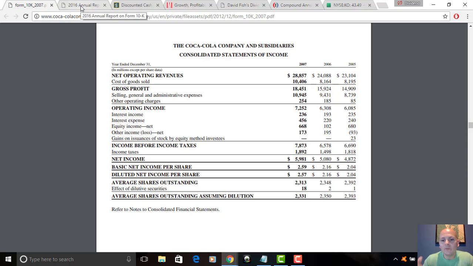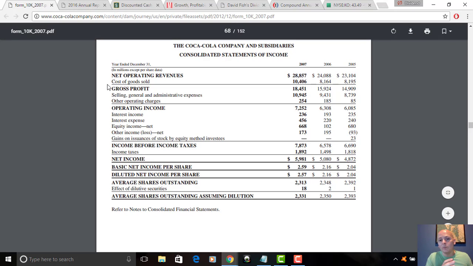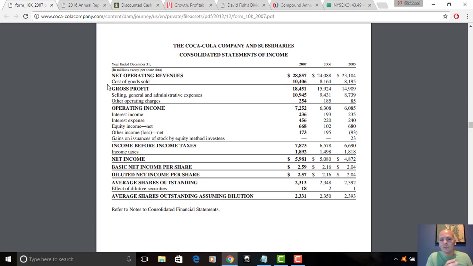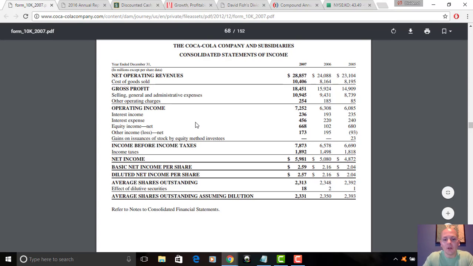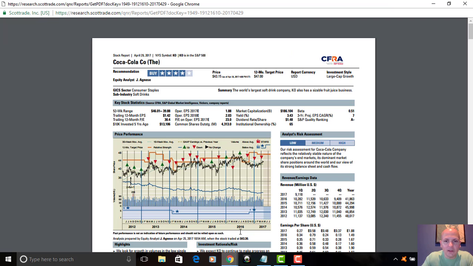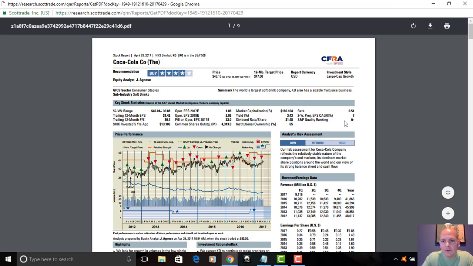So anyways, we've got revenue, we've got earnings per share growth. The next thing I look at, again, so we pulled up the last 10 years of revenue and earnings per share growth. I then compare that to a go-forward number, if you will. And I use S&P Capital IQ for that. And you can see Coca-Cola here, S&P Capital IQ, they're putting their 3-year projected earnings per share compound annual growth rate at 7%. So S&P Capital IQ obviously believes that there's going to be some acceleration there.